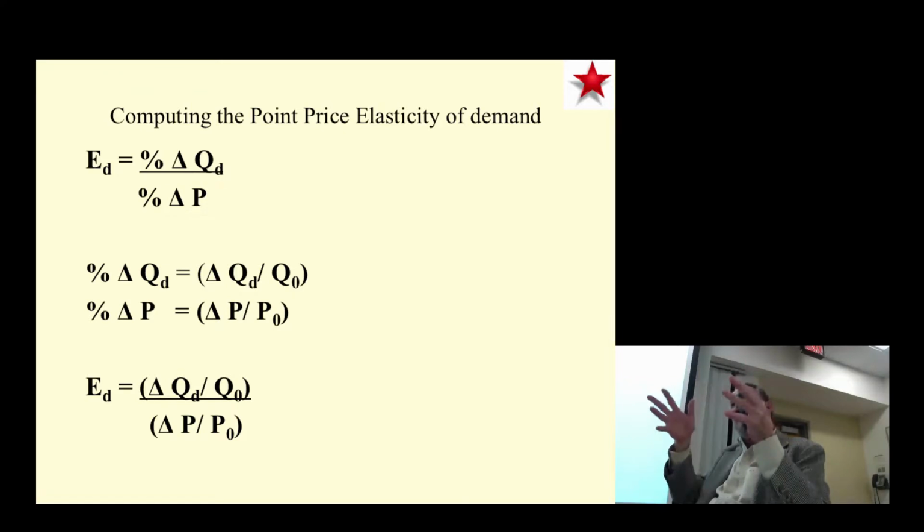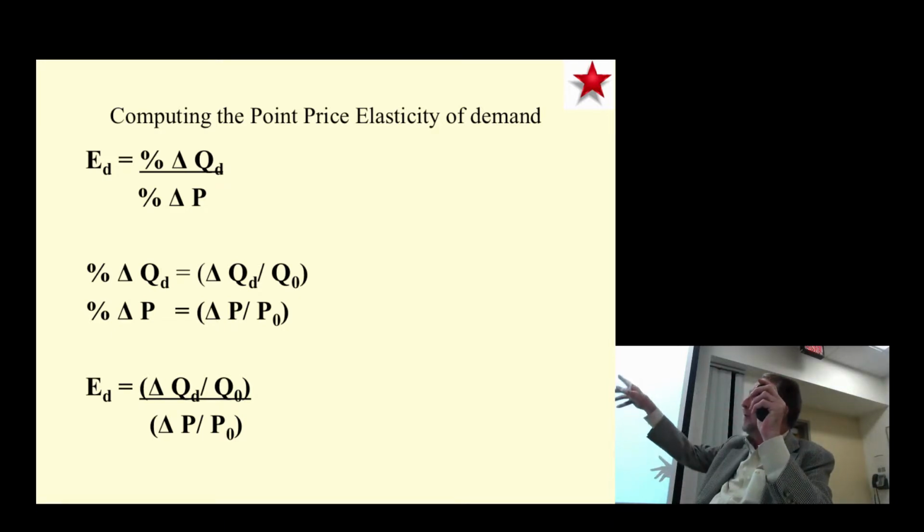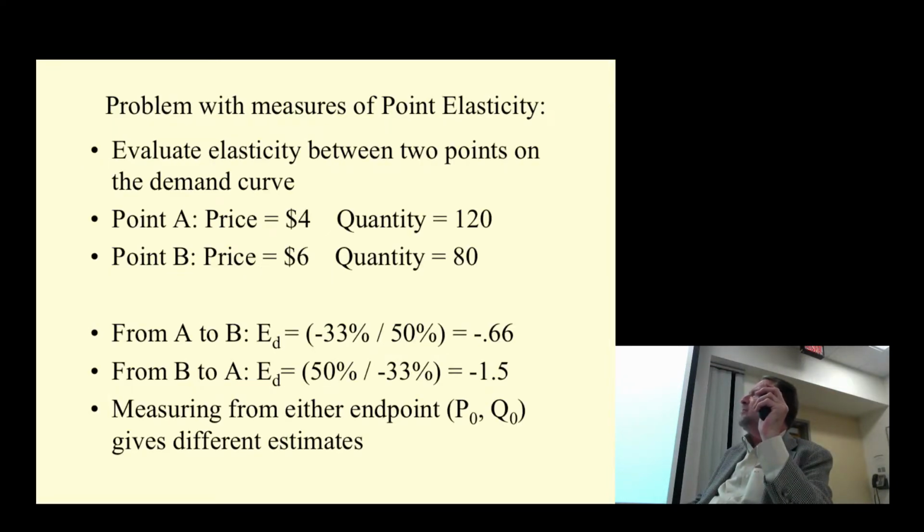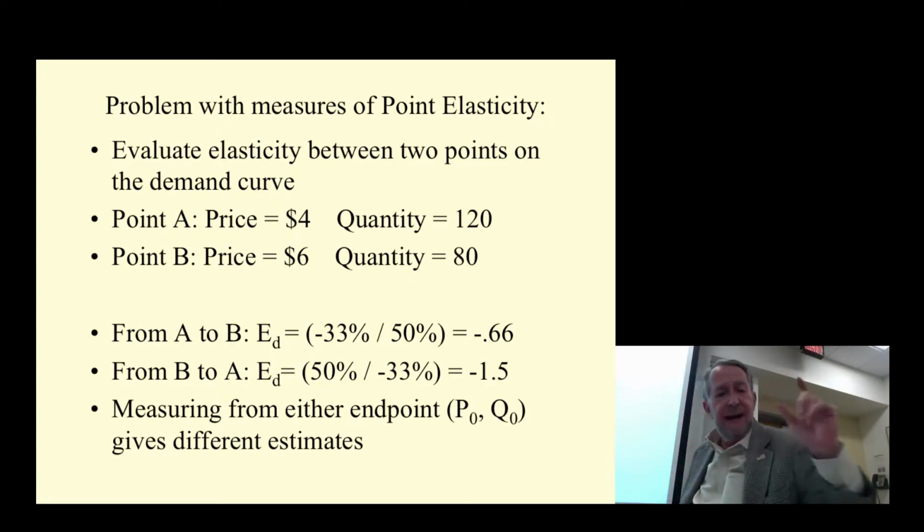But the way you actually got that was to take the size of the price change, which is 10 cents, divide it by the beginning price, which is $1, multiply by 100 to get it into a percentage calculation. So delta Q over Q in the numerator, delta P over P in the denominator, and there's the calculation you would in fact be making. Again, the problem with using the end point on a calculation over a price range is that